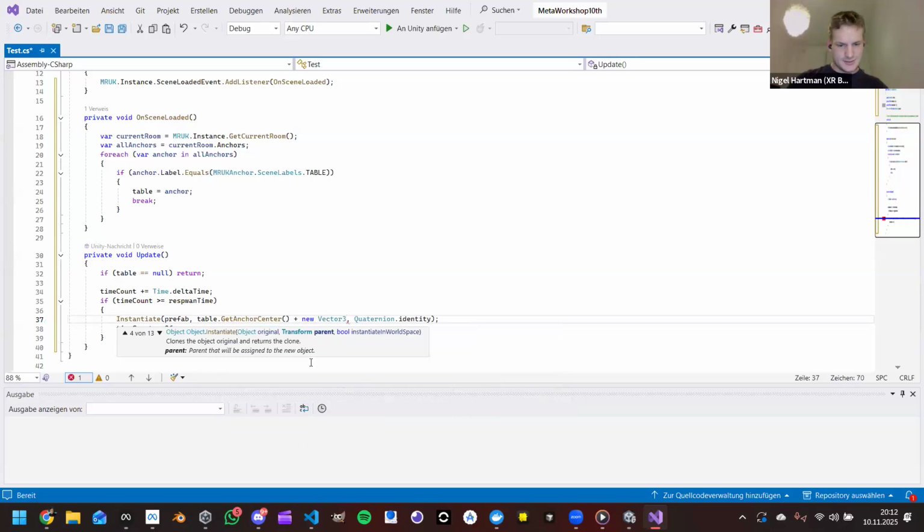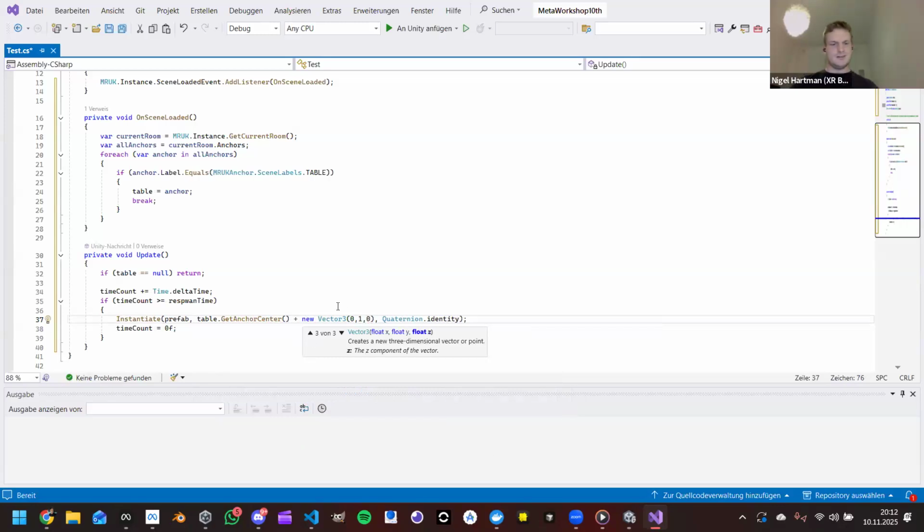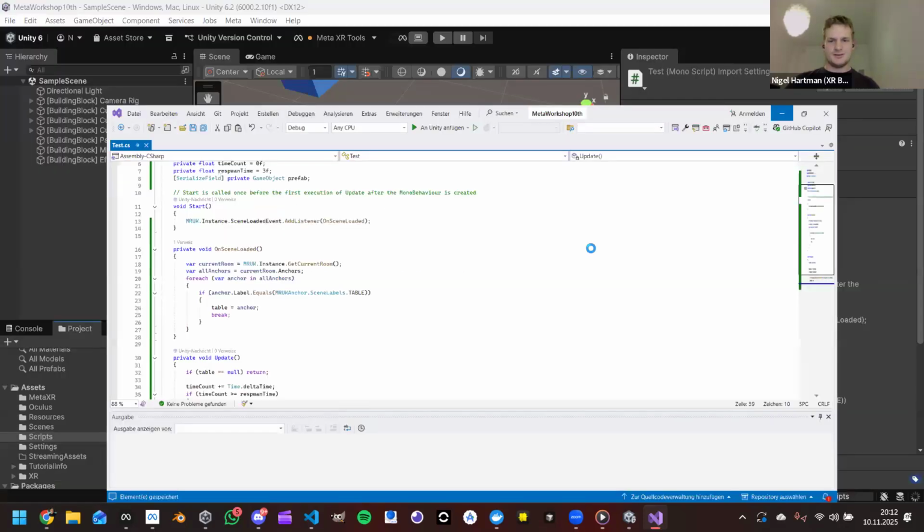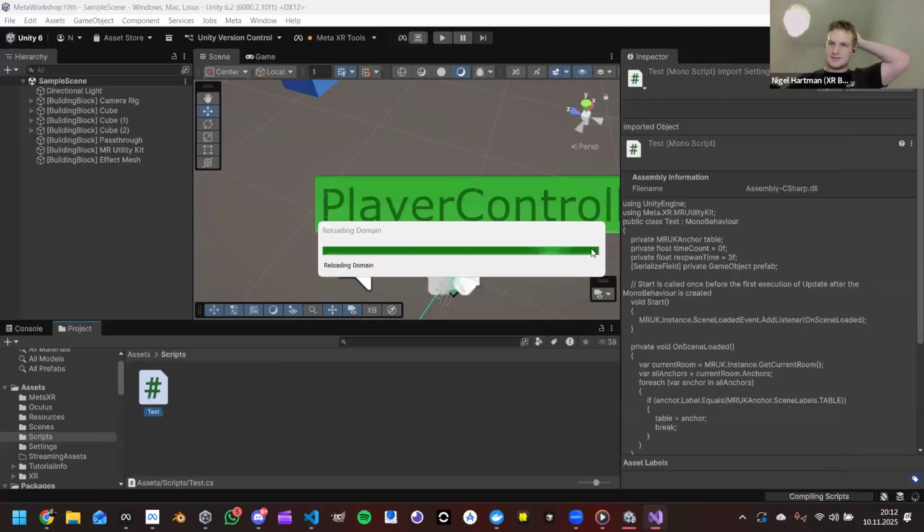So we create a new Vector3, and we just add on top of that with 0, 1, and 0. So now it should be 1 meter above, on top of our table, which should be fine. And that should be already it. That's how easy it is to also use these building blocks in your scripts,